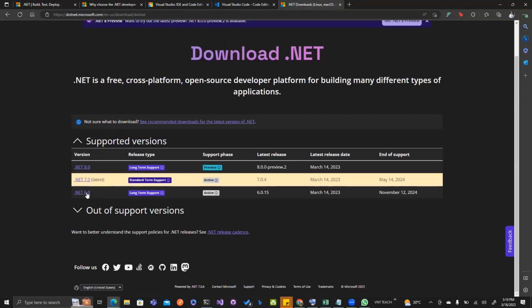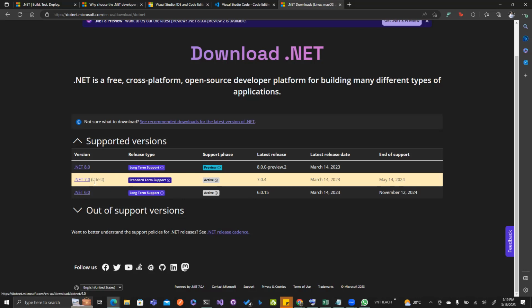So we have .NET 6 available, which is long-term support, and the support will be expiring by November 12, 2024. I was surprised, I was looking at March 14. Anyway, it will be ending by next year, November, right? .NET 7, which is also available but is not long-term support, will be ending by May 14th of next year. And then .NET 8 is already being built and worked on, right?